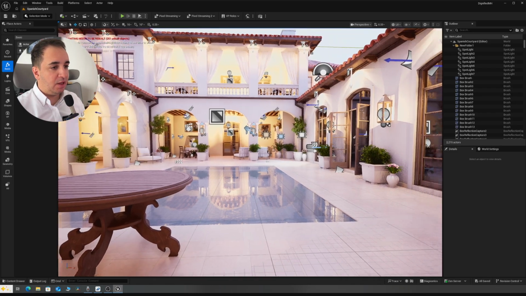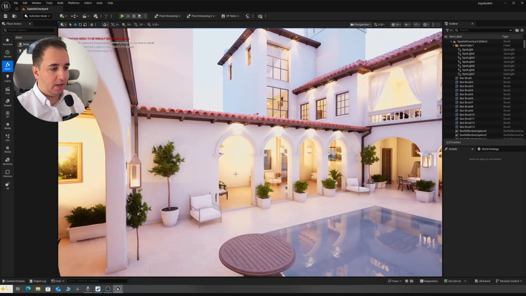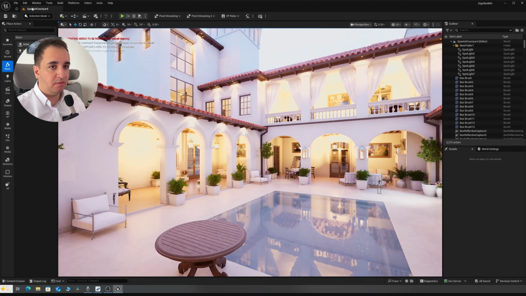So let's start with the plugins you need for this setup. You need Composure, Media I/O Framework, and Framework Utilities, as well as a Time Data Monitor. So I have my scene here. As you can see, it's a beautiful house, and now we need to turn on the plugins we'll use for